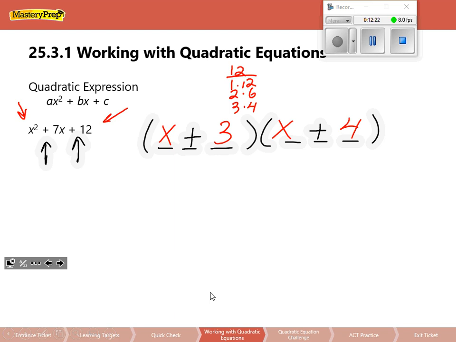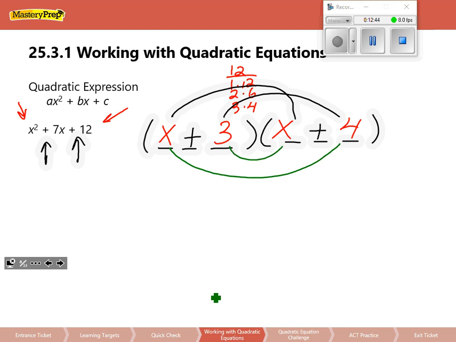3 and 4, well, 3 times 4 is 12. Where did we get 3 and 4? So the factors of 12, yes? So we don't have to check this or this, because that's where we got those multiplications from. The ones that we do have to check are here and here, because these two here will give us the